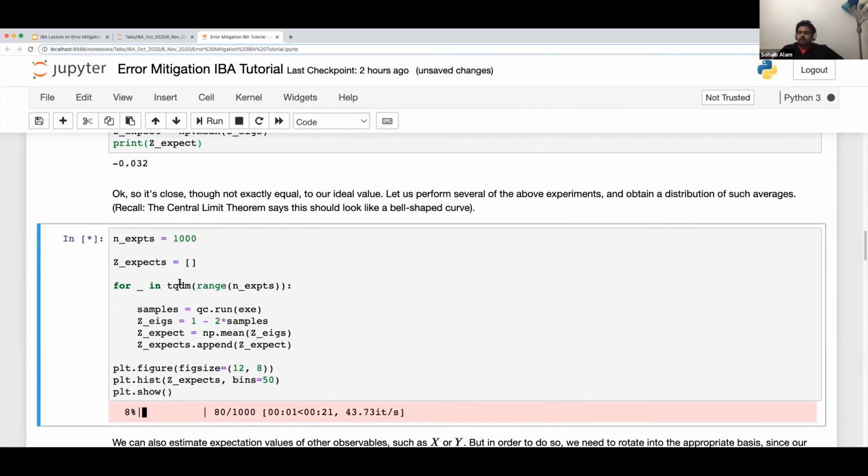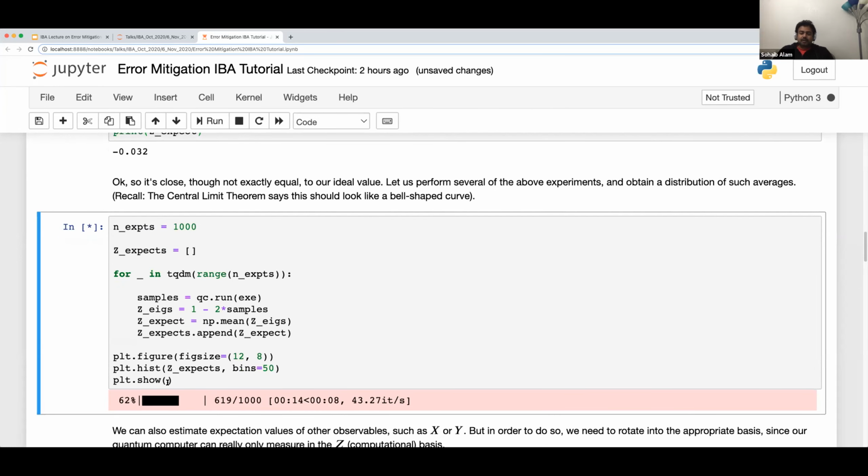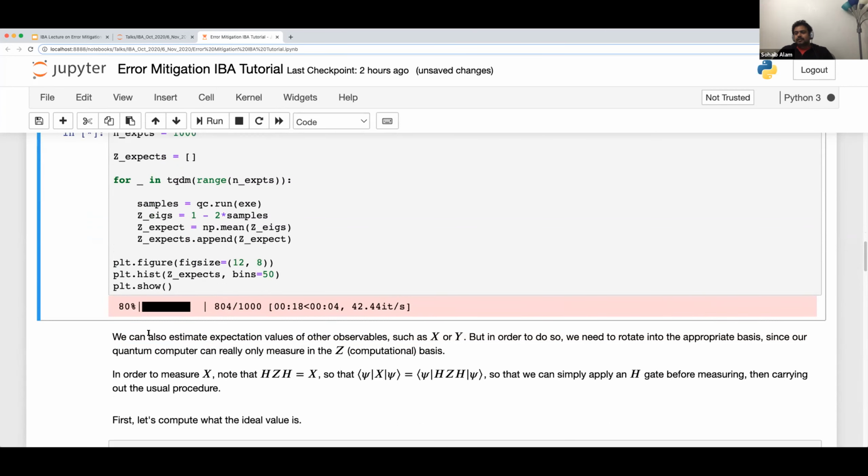In each run, I collect samples, I transform those samples to Z eigenvalues, I compute the mean of those Z eigenvalues, and I collect that mean. And now I'm just going to plot a histogram of what those Z eigenvalues look like. This should finish momentarily, and we should see